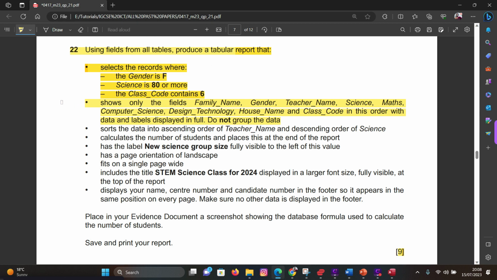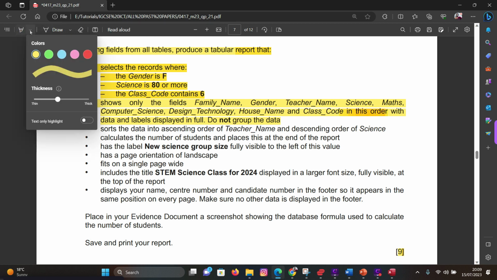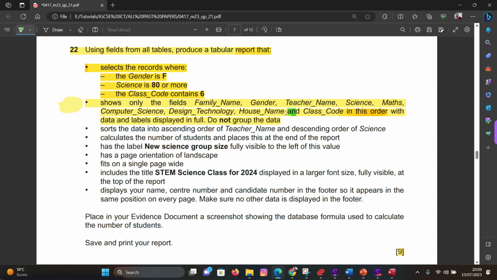So I usually like to start with this bullet point, which shows which fields you're going to need. It shows only the fields: family name, gender, teacher name, science, math, computer science, design technology, house name, and class code, in this order. And when they say in this order, guys, they mean that you shouldn't switch the order of processing, or rather sorting or arranging, these field names. Okay,